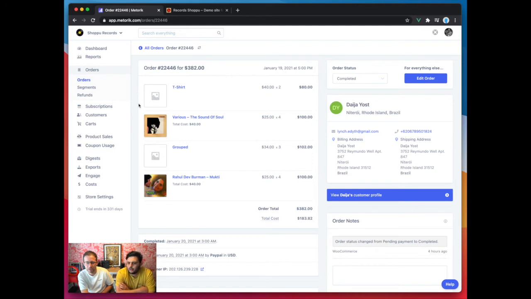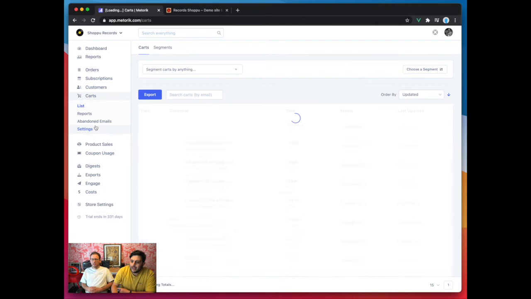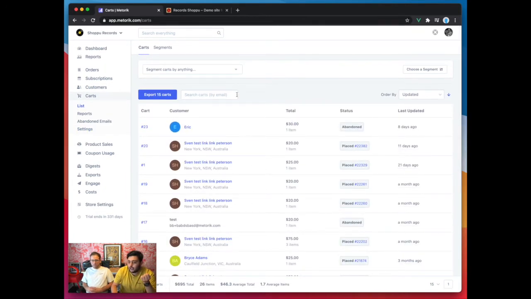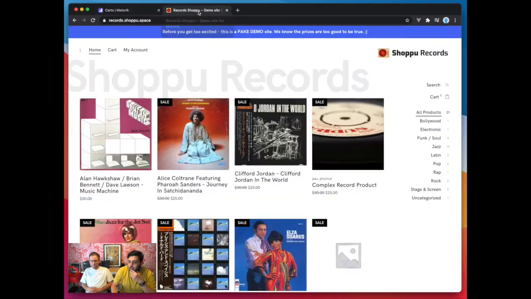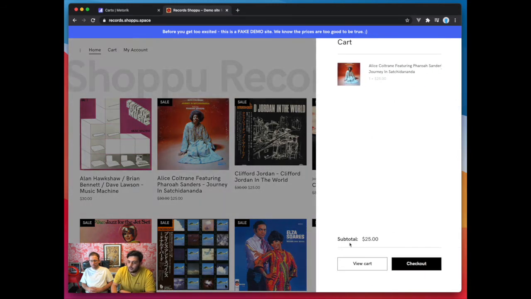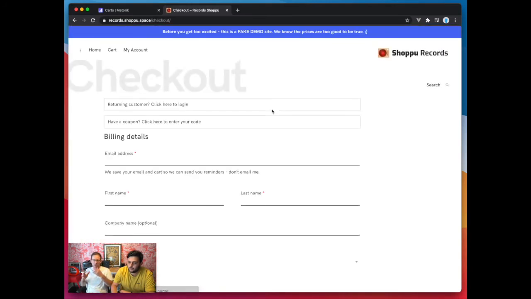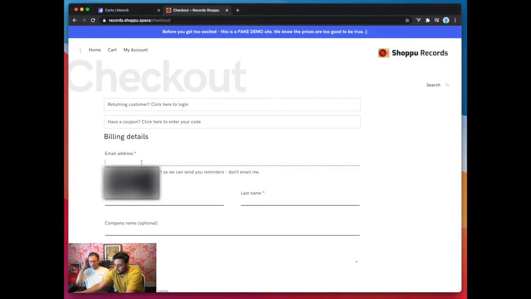Where should we go next? Let's have a look at the carts just quickly. We also do have cart tracking and cart reports available to you. So what we'll do is switch over to this store here. And the carts will come, or should come, into your Metorik account live. We've already set one up here. But we're not going to show you carts in Metorik that are just made by guests without any email or any details attached. So as soon as there's actually an email in there,